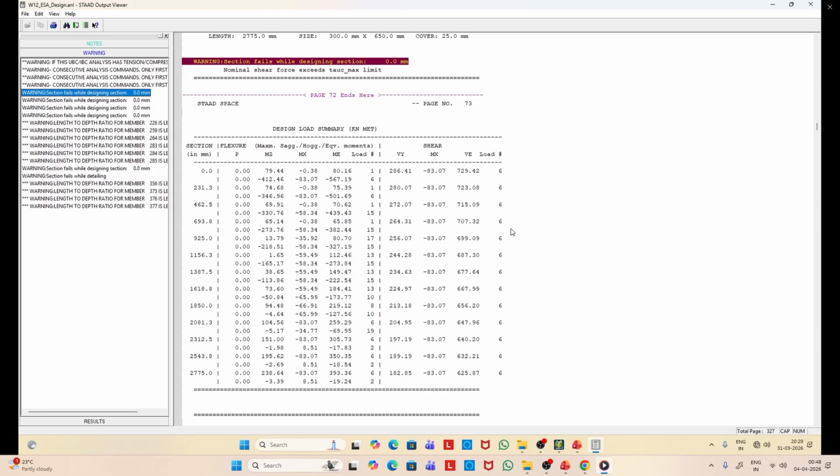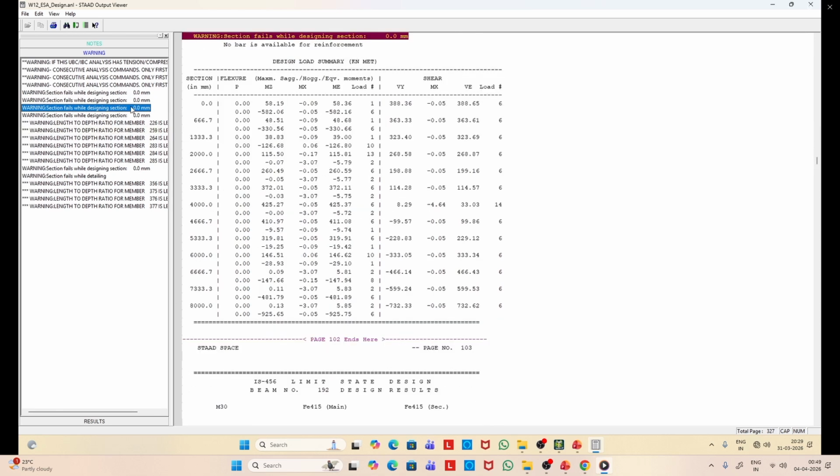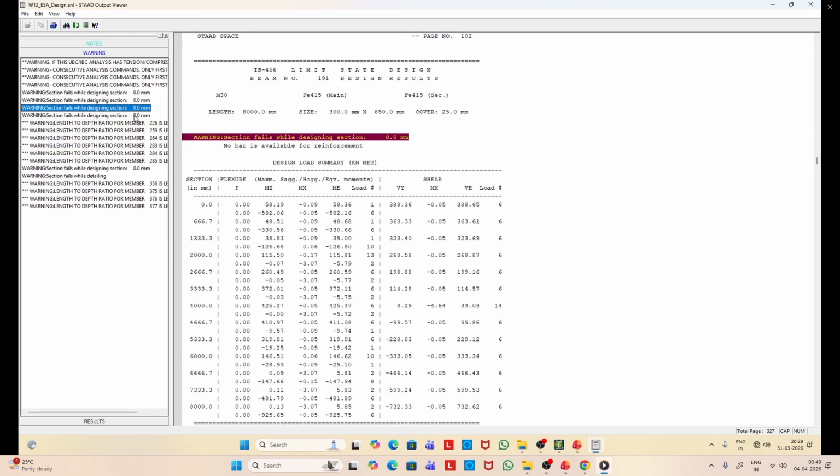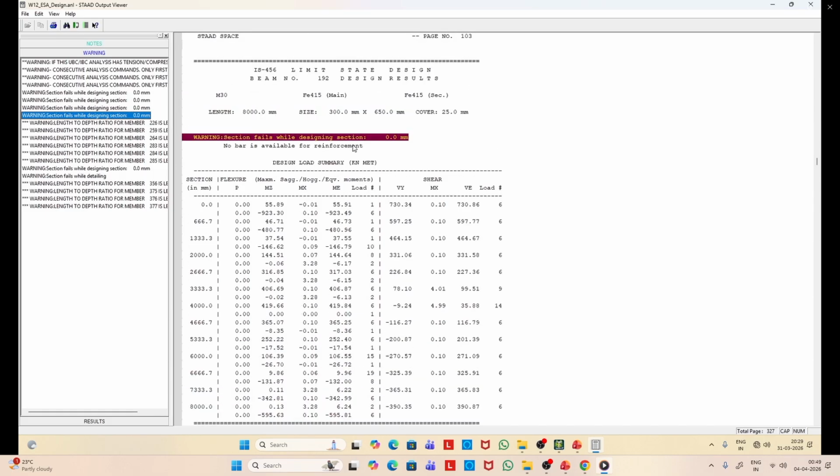Still it fails due to tau C max. So no bar is available for reinforcement. So probably we need to increase the bar size. That we'll see in a minute. The length you can see it is 8 meter.